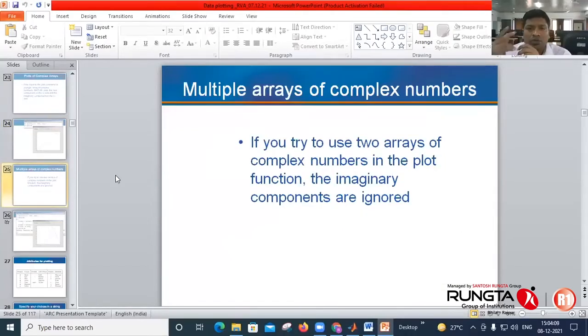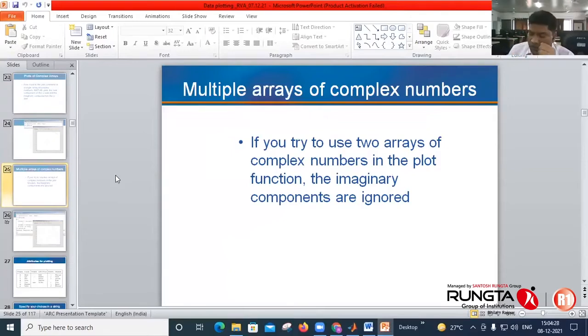If you try to use two arrays of complex numbers, x is a separate array of complex numbers and y is a separate array of complex numbers, then while plotting this, only the real numbers are considered and imaginary components are ignored.